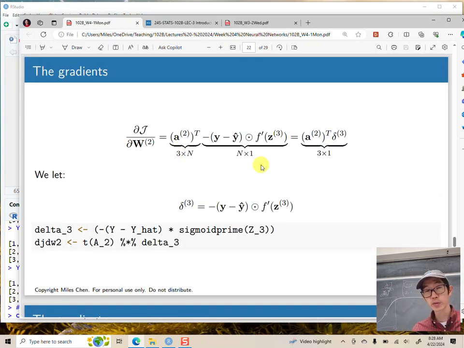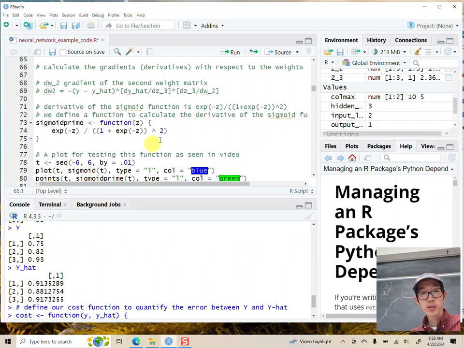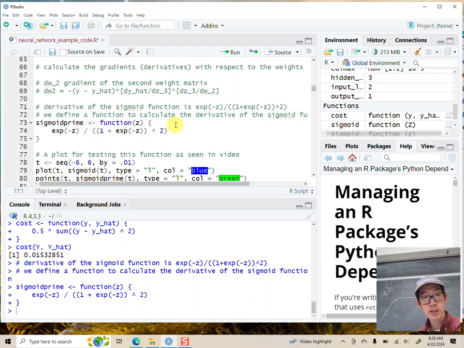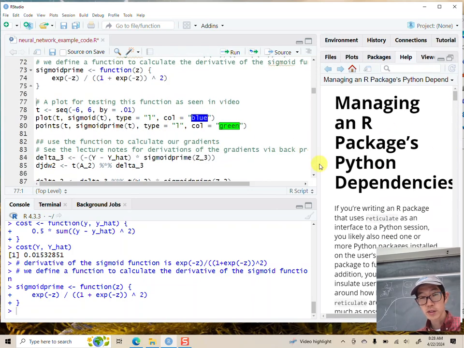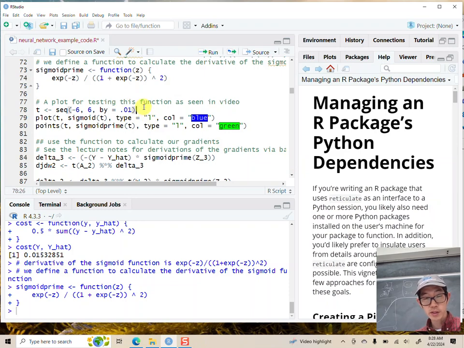This is going to be our gradient with respect to W2. So here is our f prime. Sigmoid prime is just our derivative of the gradient, okay, and it looks like this. And just so you can see that indeed this is the derivative of the gradient, here I'm going to show you,